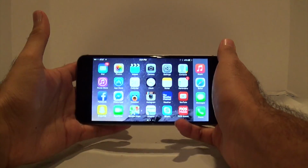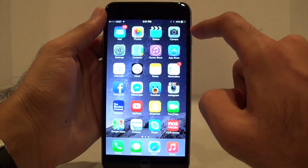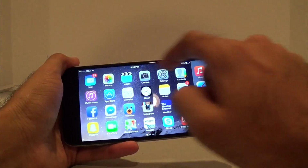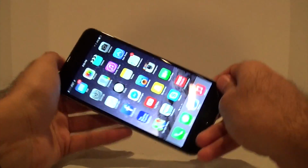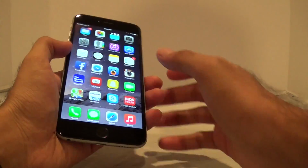Now, one thing that the 6 Plus has that the 6 does not is you can also have it in landscape mode. That's pretty nice. You only have 4 icons in each row in portrait mode, but in landscape mode you have 6 icons in each row. So 24 icons total, either 4 by 6 or 6 by 4. That's actually pretty nice. And it's actually pretty handy too in